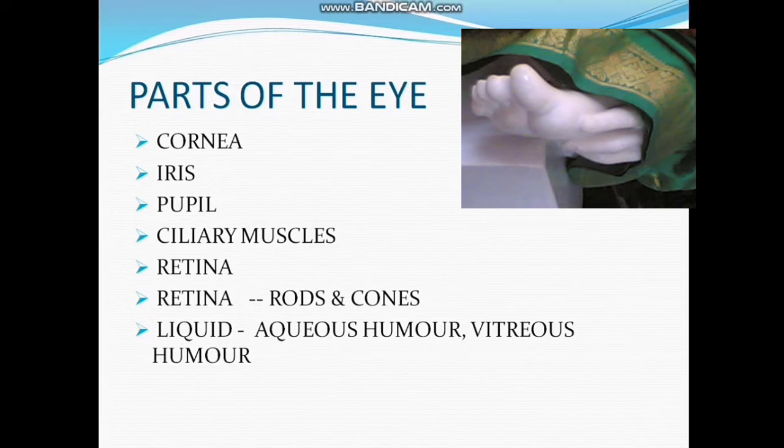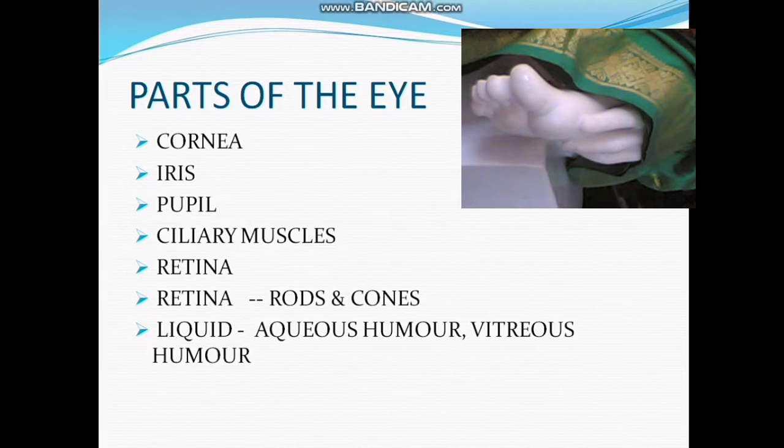Eye lens. It is converging in nature. The convex lens is made of a jelly-like protein material. The focal length of the eye lens is changed by the ciliary muscle. Its function is to focus the incoming light rays from the object on the retina using its refractive property. Vitreous humor. It is a transparent, colorless gelatinous mass that fills the space between the eye lens and the retina of the eyeball. It helps to keep the retina in place by pressing it against the choroid.